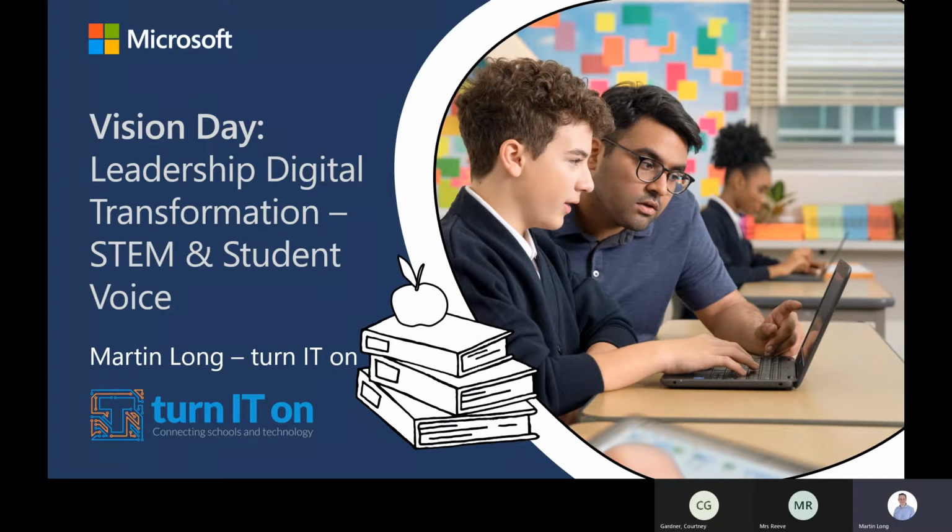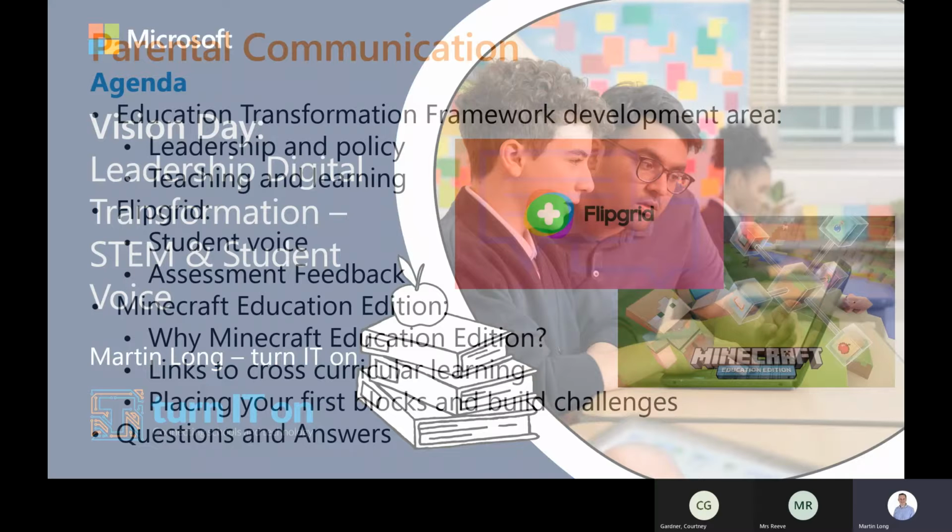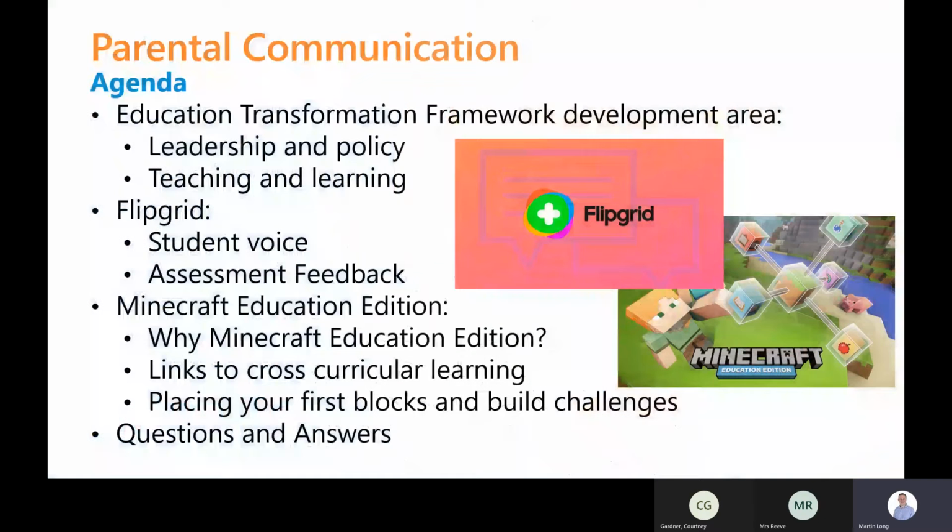So what we're going to look at this afternoon are two apps that can have impact within the Educational Transformation Framework, or the ETF. So we'll briefly touch upon the areas we looked at in the previous session and what we're going to be coming on to in session 7, as this is a series of sessions. We also will be then having a look at Flipgrid and how that can be used to promote student voice in school, and also how it can be used for assessment, whether it's formative or summative assessment feedback. It's quite useful for that.